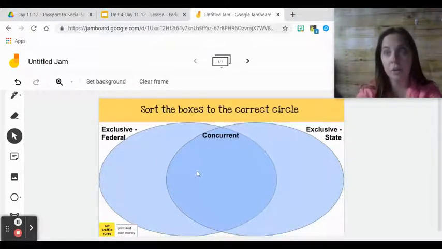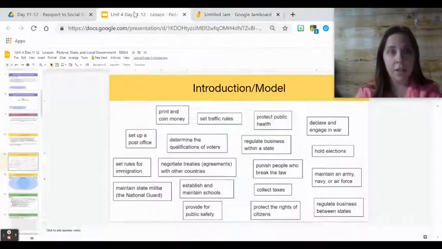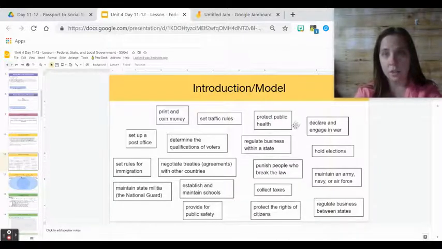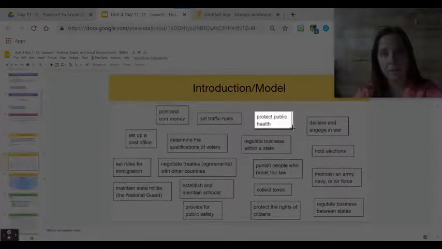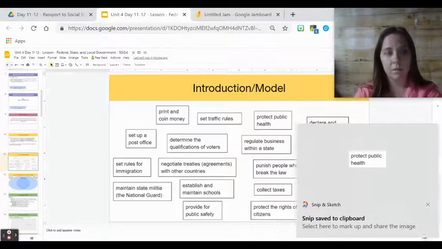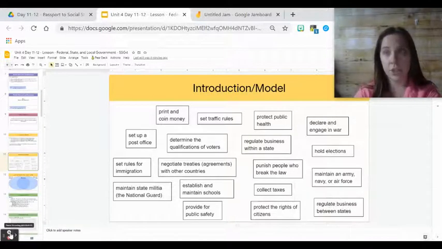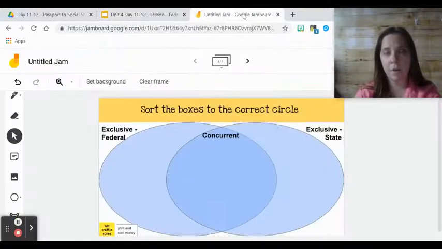If you're on a Mac, you can do Shift Command 3 and you'd get the same outcome. So let's try that again. You're going to come to where you want to take a section of the screen as a picture, and you're going to press your Windows key, Shift S. If you're on a MacBook, it's Shift Command 3, and you just come over to your Google Jamboard and do a Control Paste,